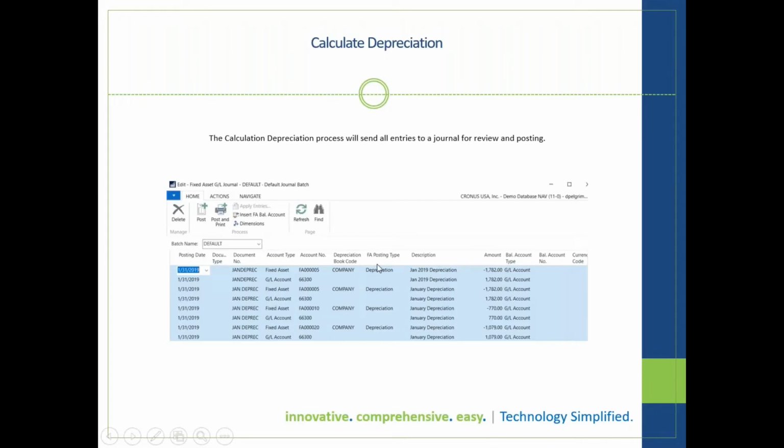Another thing to note here is your calculate depreciation doesn't need to be run every single period. If you don't handle your financials that way, or your accountants don't want you to do it, maybe you just do it quarterly in order to streamline your closing process or whatnot. I just want to note that it's okay. The system can keep track of what needs to be calculated in any given period, whether you do it monthly,